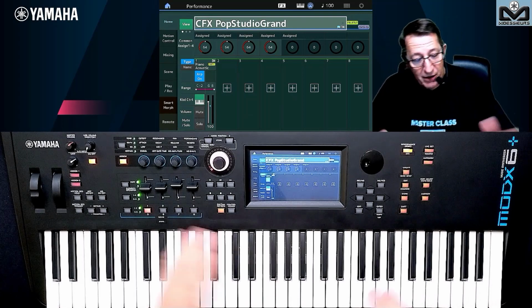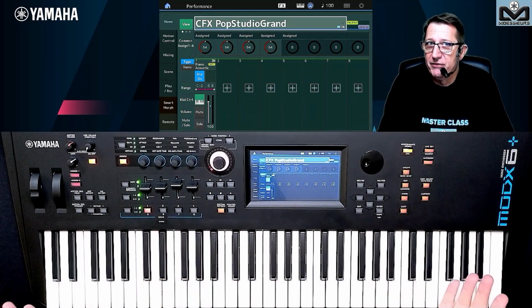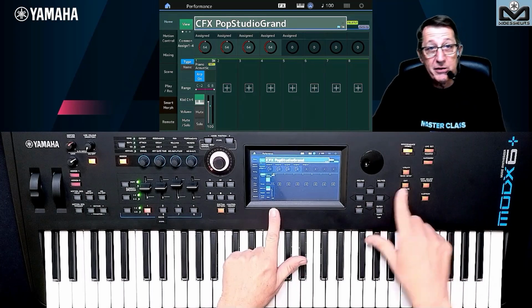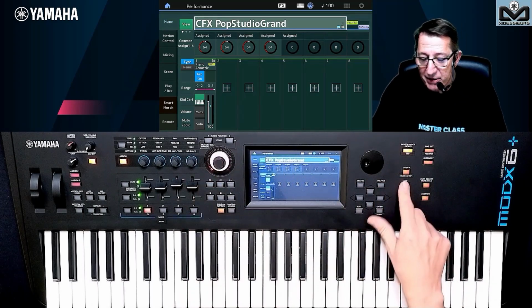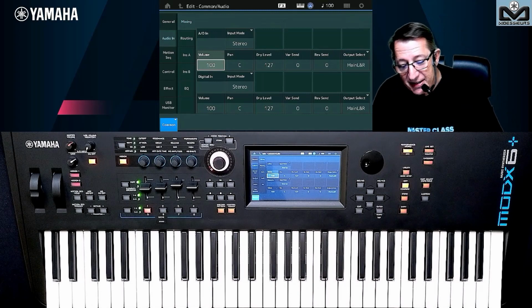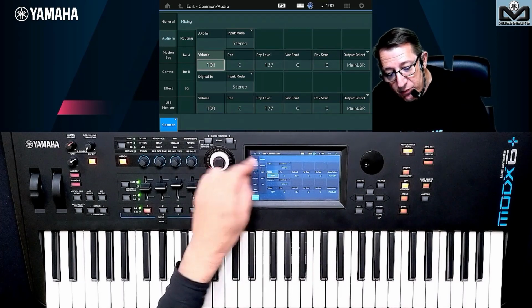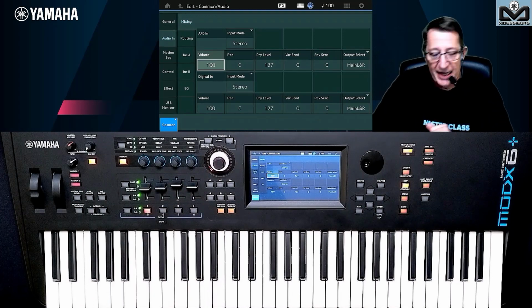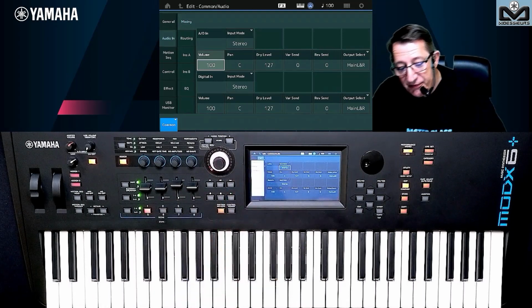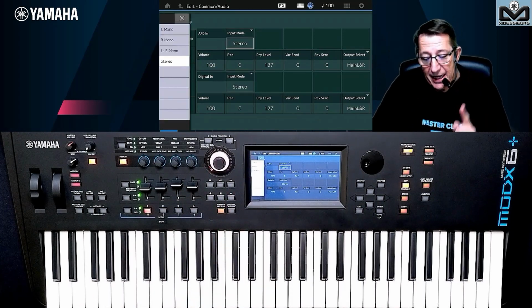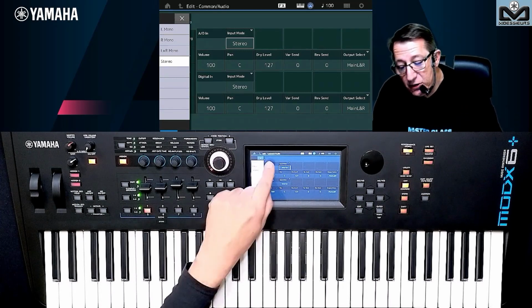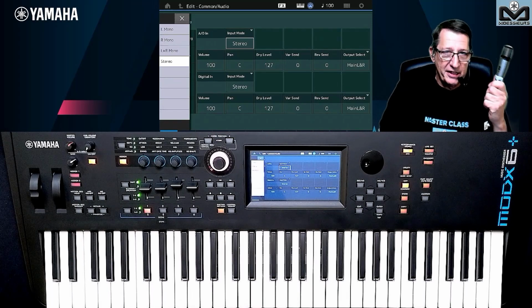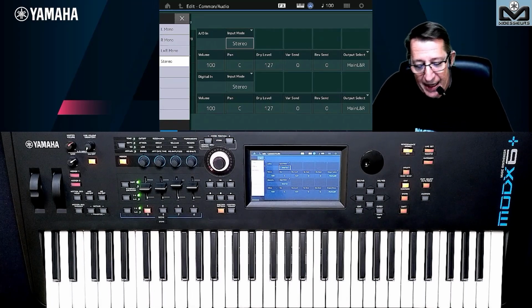Okay, so we have some settings to adjust, of course. Let's go now to the performance, because all is unified, all is in performance, on the Montage, Modex Plus. And on edit, we go to audio in, we are on common audio, and on mixing here. And the first thing you need to do is to set the good input mode, because here I have a microphone. For the example, I took my microphone.